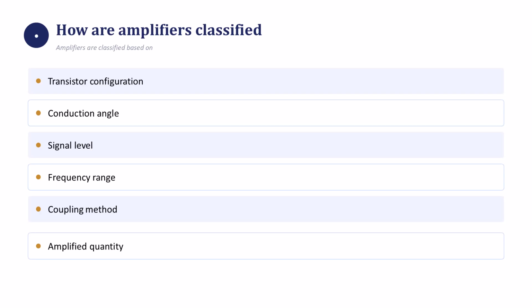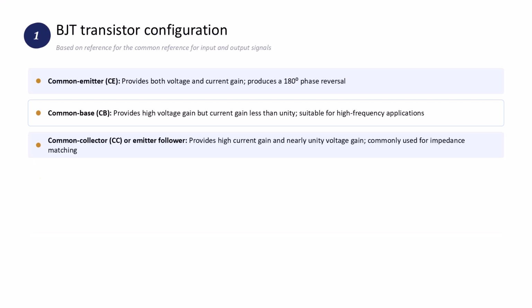Amplifiers can be classified in 6 different ways: by transistor configuration, by conduction angle, by signal level, by frequency range, by coupling method, and by the quantity being amplified. Let's look at each of these one by one. The first way to classify amplifiers is by transistor configuration, based on which terminal is common to both the input